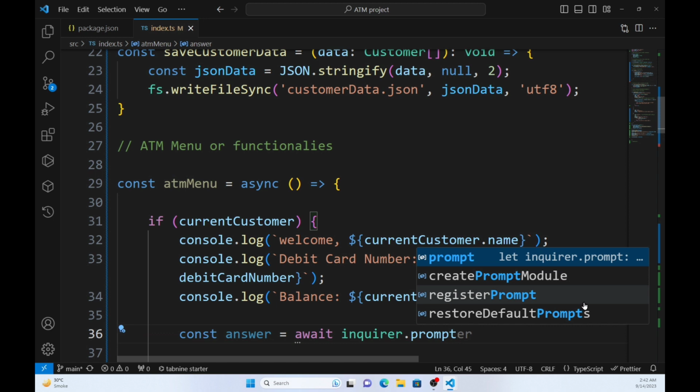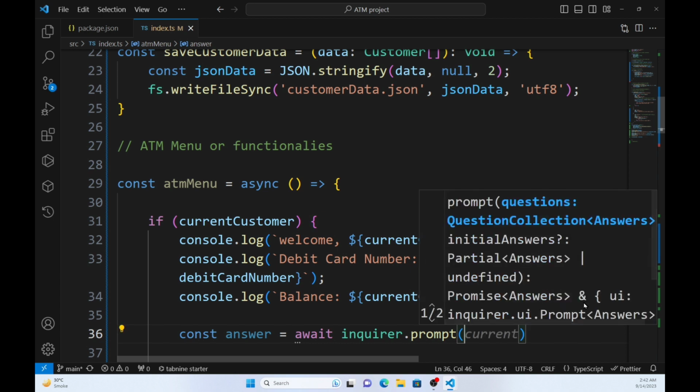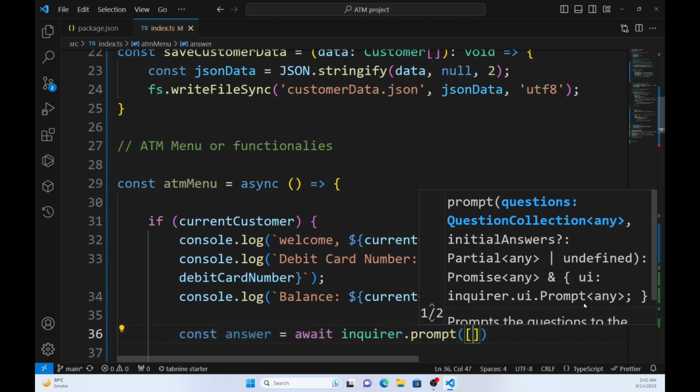Let's define what we will prompt. It can be multiple things, so it can be multiple objects. First, we will define it as an array of objects,